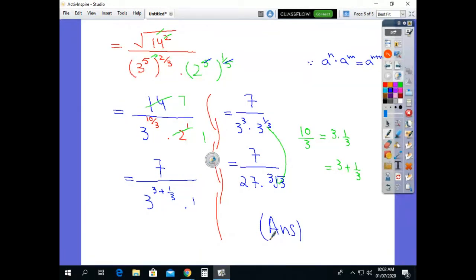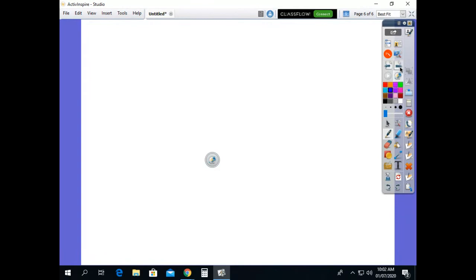Okay. Now we move on to the next part, part number 3. The part number 3 is question number 1, part number 3. Here the part is x raised to power negative 2, y raised to power negative 1, z raised to power negative 4, over x raised to power 4, y raised to power negative 3, z raised to power 0, whole power negative 3.